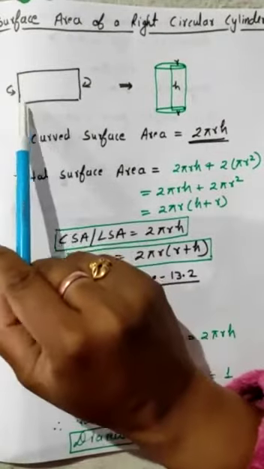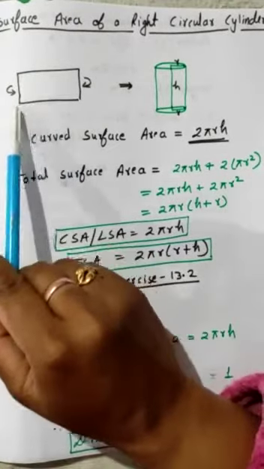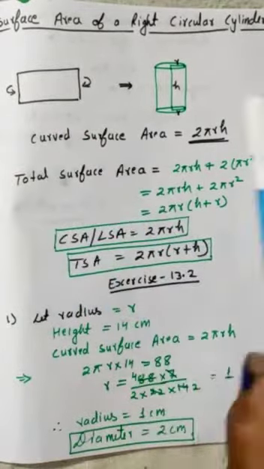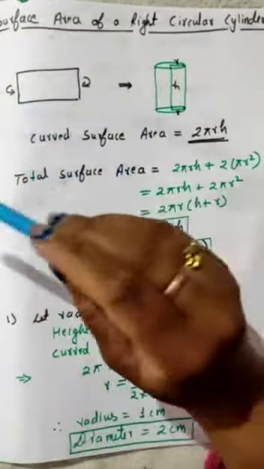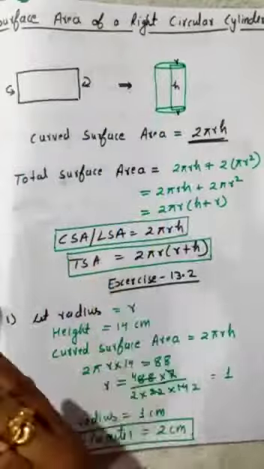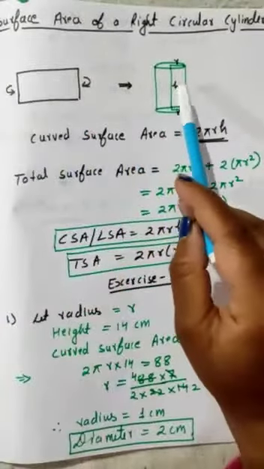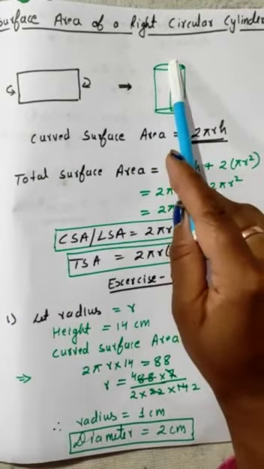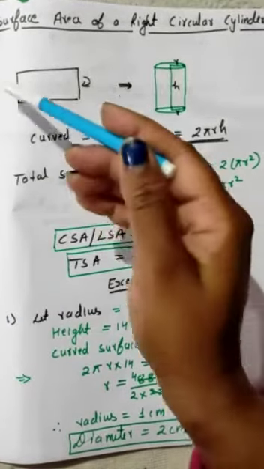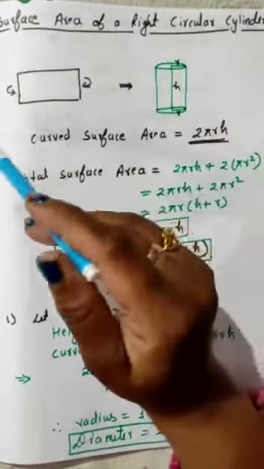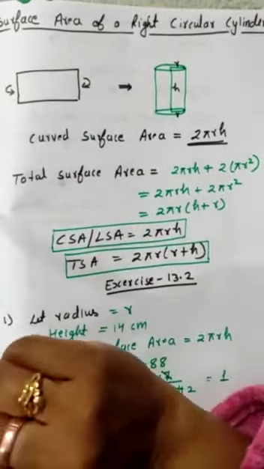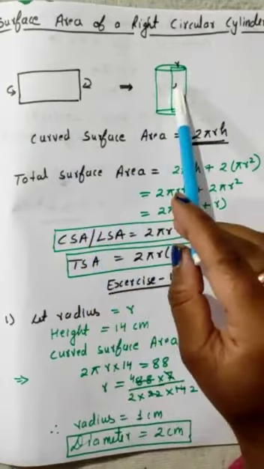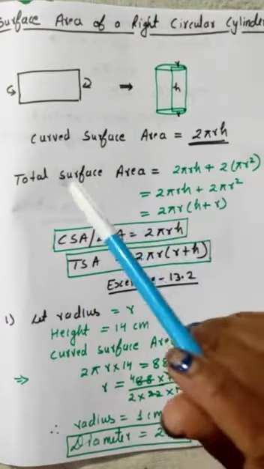So if you take a rectangular sheet, a plain rectangular sheet, now if you have to fold it, you will not fold it in a complete fold, you have to rotate it in a round way, so you will get a cylinder. When you paste the two edges, this edge and this edge, with the help of sellotape, then you will get a cylinder. Okay, so that is called circular cylinder.